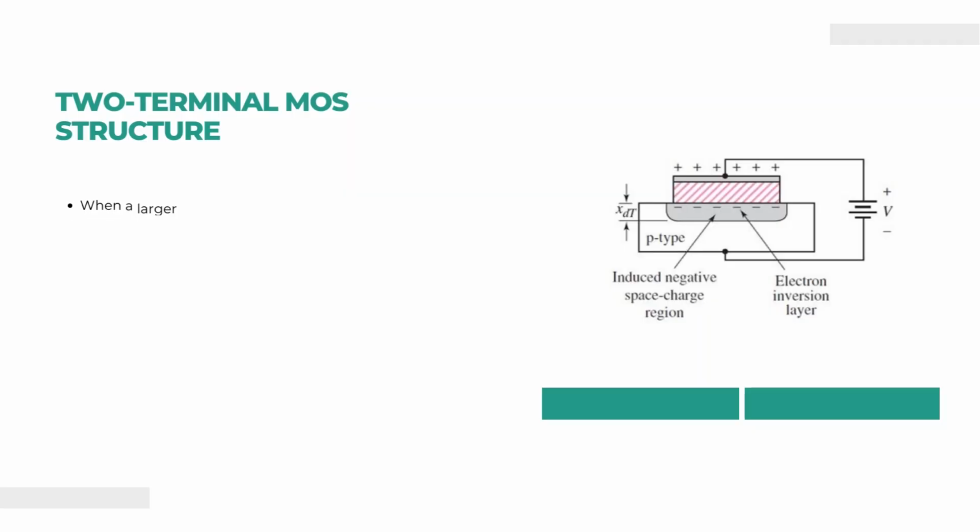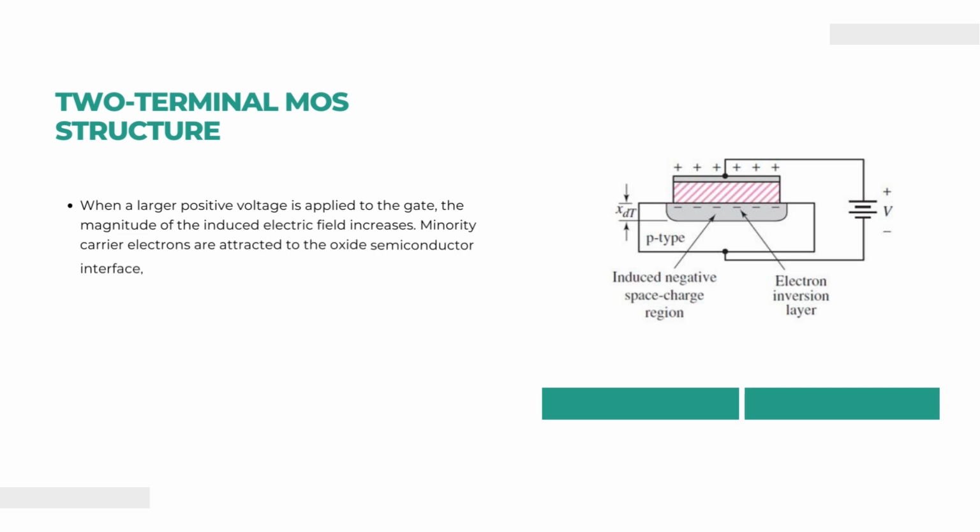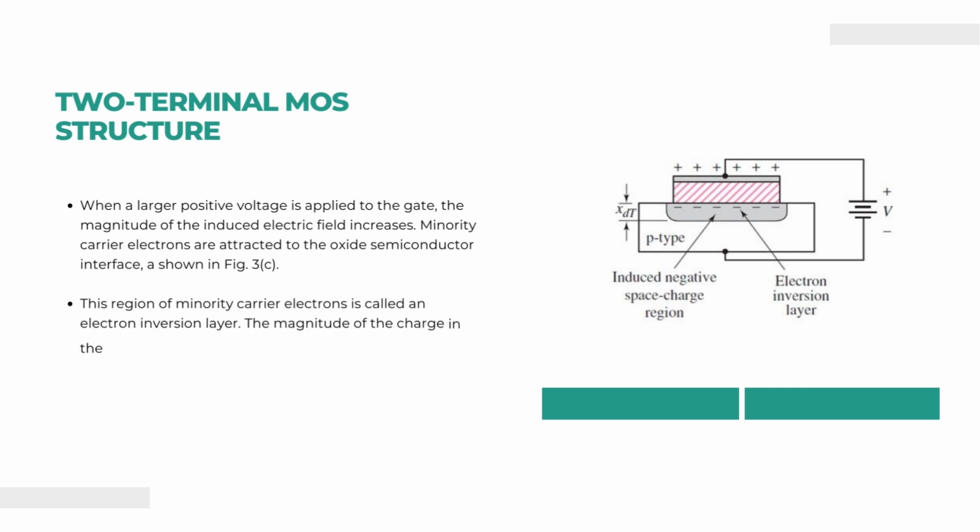The width of this induced negative space charge region is x dt. So, when a large positive voltage is applied to the gate, the magnitude of the induced electric field increases. Minority carrier electrons are attracted to the oxide semiconductor interface as shown in the figure. So, here we can see that there is a positive potential applied at the metal and a negative potential is applied